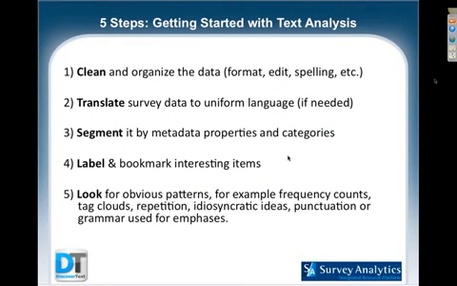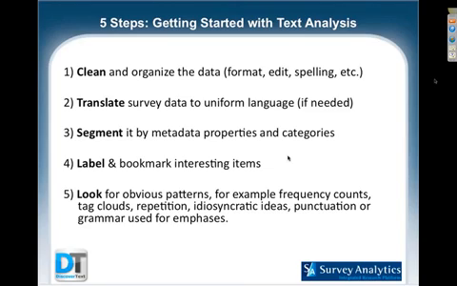So here are just 5 quick steps that you can start with anytime you're getting started with text analysis. The first thing you would do is clean and organize your data. The second is to translate your survey data to a uniform language if you need that. Third is to segment by metadata properties and or categories.